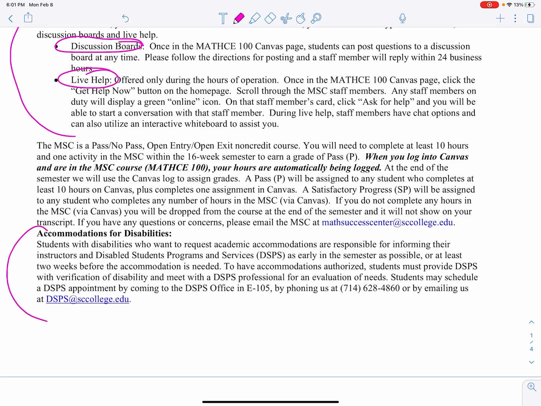Accommodations for disabilities. Students with disabilities who want to request academic accommodations are responsible for informing their instructor, that's me, and the DSPS as early in the semester as possible. So right away if you need anything, or at least 2 weeks before the accommodation is needed. To have accommodations authorized, students must provide DSPS with verification of disability and meet with a DSPS professional for an